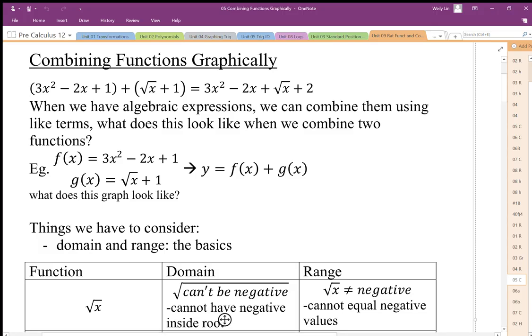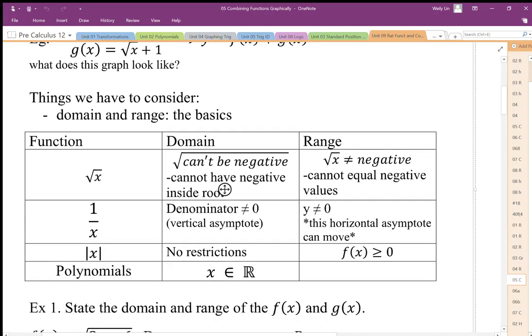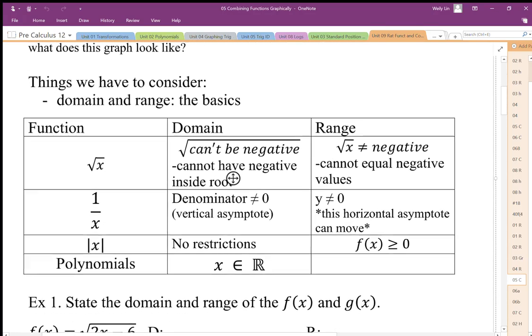So here I have a function 3x squared minus 2x plus 1. It's a quadratic function, and we're going to combine it with a square root function. We want to know what happens to this and what does this look like. So the first thing we need to consider are the domain and range. And so we need to make sure we understand some basic properties of domain and range and how they relate